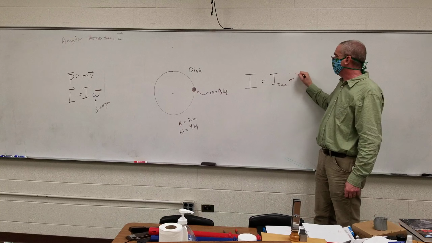So are we supposed to find the radius and then add that to the blob? What you're going to do is find the moment of inertia of the disk and the moment of inertia of the blob, and just add those two numbers together. I think that's probably what I was getting at, so it would be like,